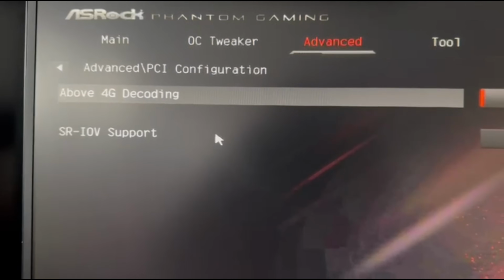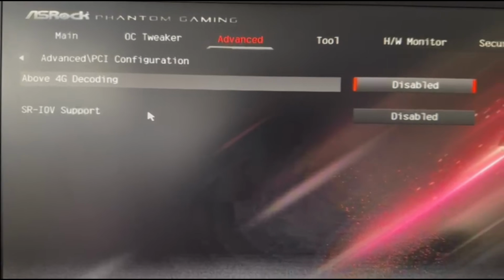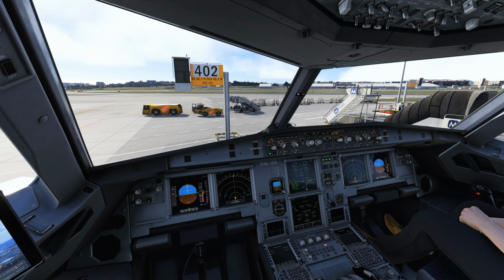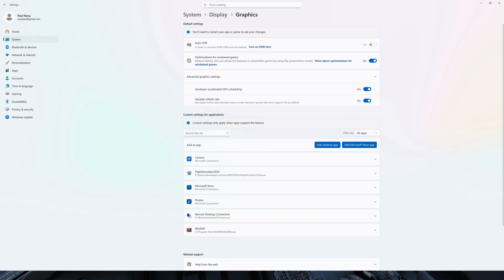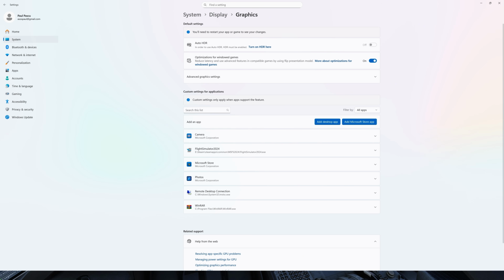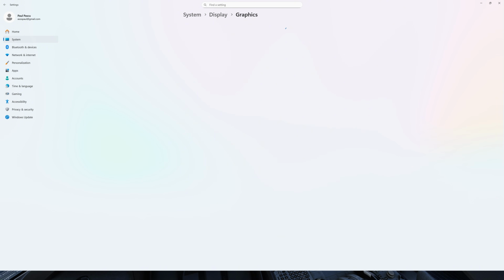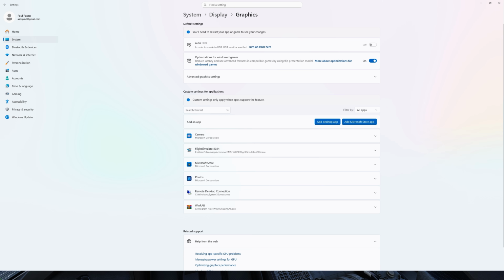So first things first, in BIOS you should have Resize BAR disabled. Above 4G decoding should be disabled. In graphics settings on Windows, hardware accelerated GPU scheduling should be on, variable refresh rate should be on. So you are at display, go to graphics, and you will find